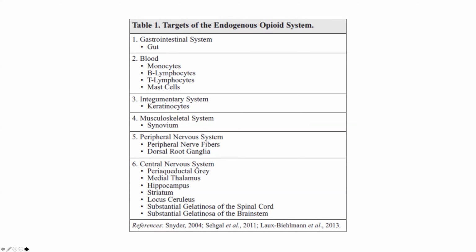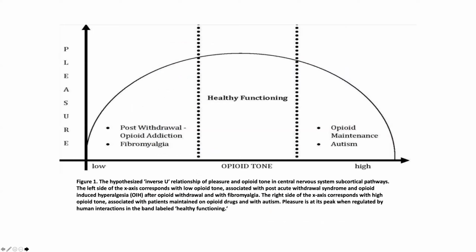And so most people don't seem to understand what that's about. But it was interesting when I read this, and I'll show you this. They have come up with a theory which is called the opioid tone theory. And it's kind of interesting that in the brain, when we have normal dynorphins, endorphins, we have that healthy functioning.